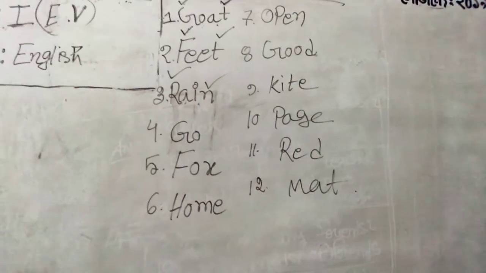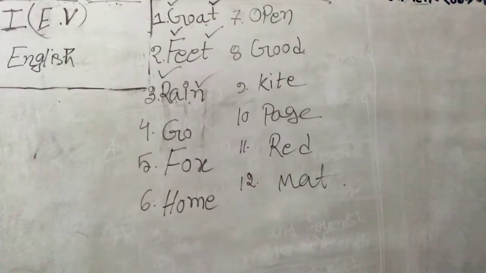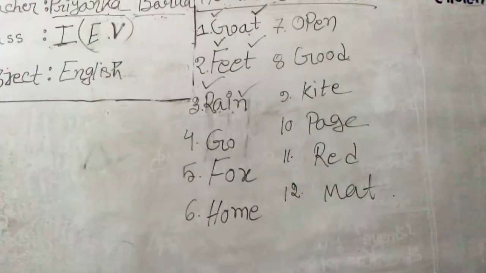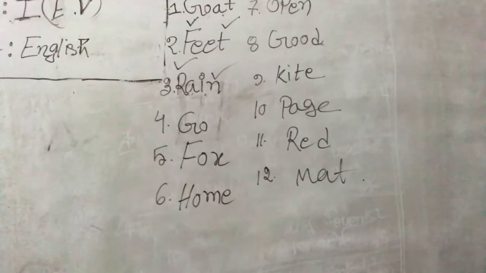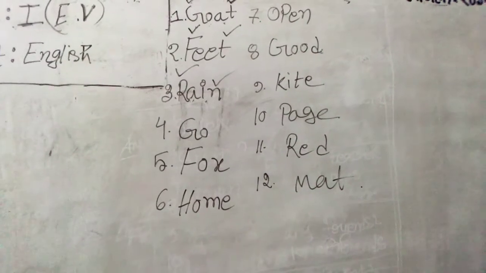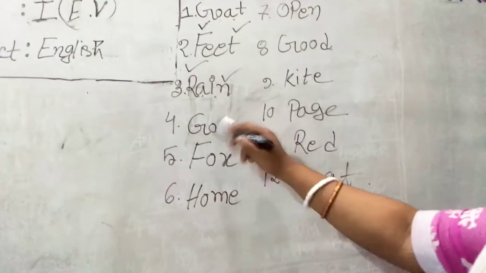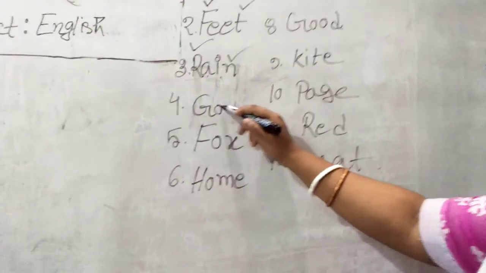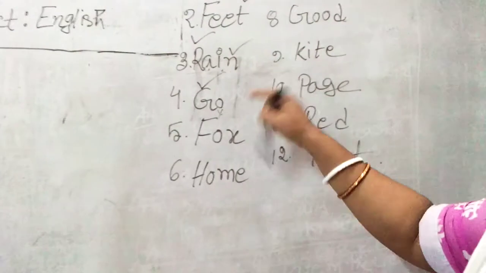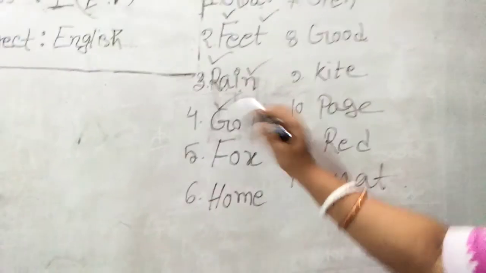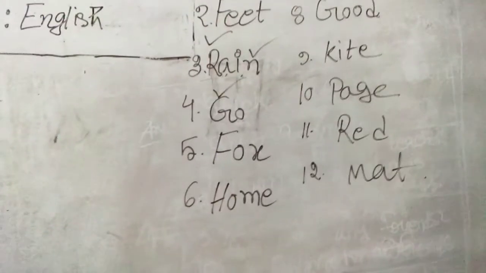In number 4, we can say G-O, a very short and tiny word. It's go. Go means to leave somewhere. Okay. So from go, what's the consonant here? O is a consonant? No. A, E, I, O, U, it's in the vowel list. So O is not a consonant. What is the consonant left? The left one, that means the rest of the one, it is G. So G is a consonant.